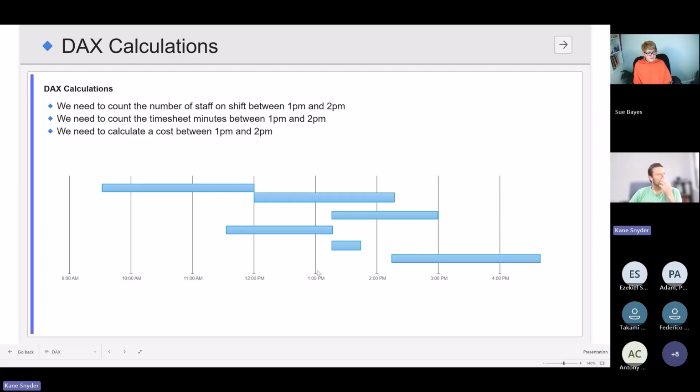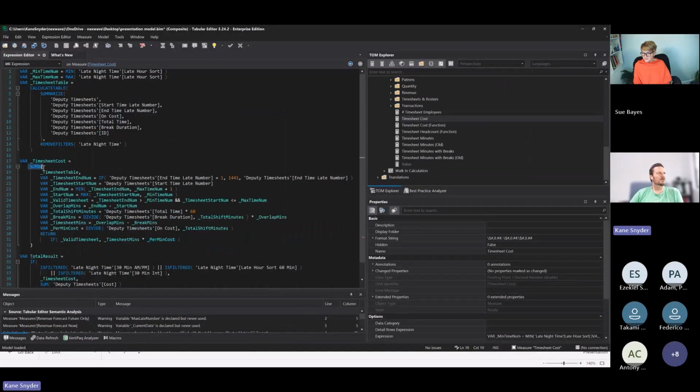And then we take the total for a timesheet. So say this timesheet's 2 hours and 15 minutes. We take the cost for that timesheet, divide it by the 2 hours and 15 minutes to get our per minute cost, and then we multiply it by the amount of minutes in the filter context to give us the portion of cost that fits in here. And then we do that because we're in an iteration with some X here. We do that for each timesheet. So that's all the complexity. That's as far as it goes.